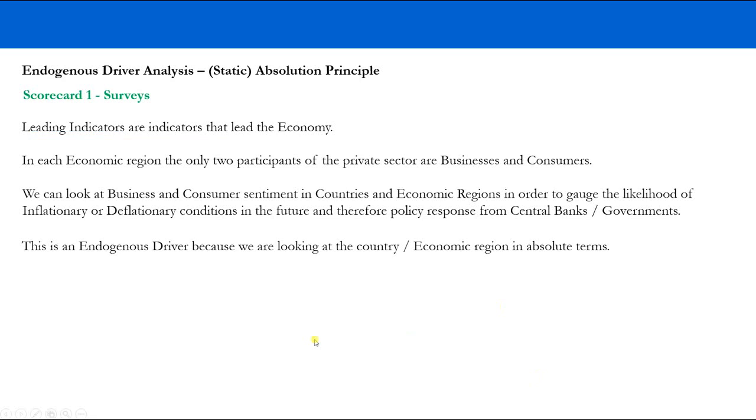So let's start with our first driver within our endogenous analysis. Let's start with surveys. And surveys, which are available globally, are basically leading indicators. They're indicators that lead the economy. And in each economic region,